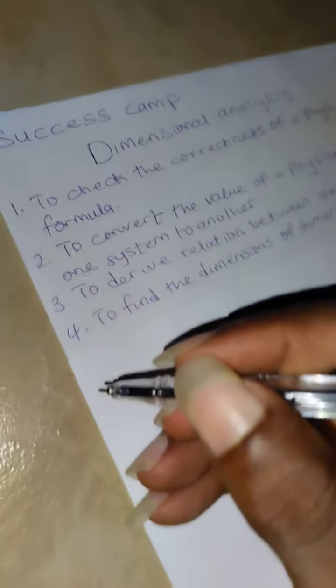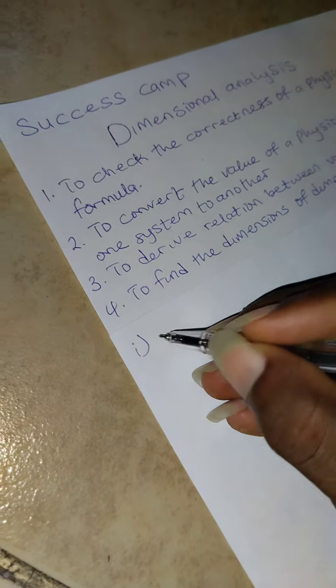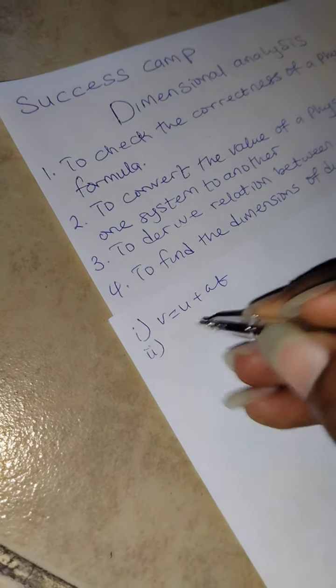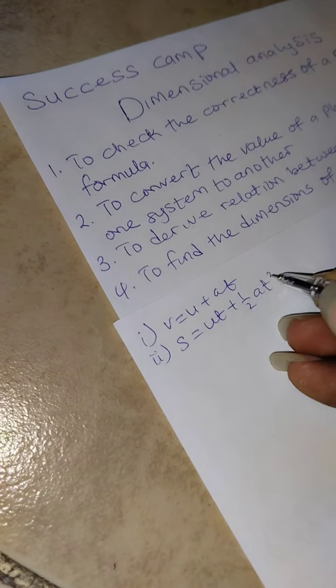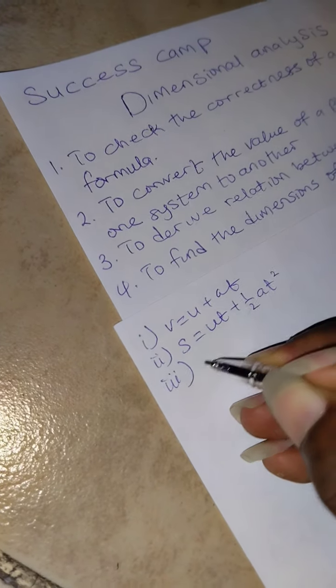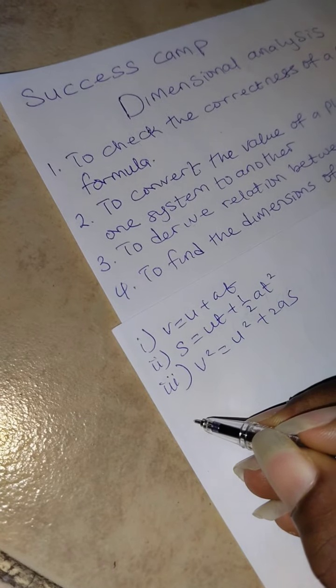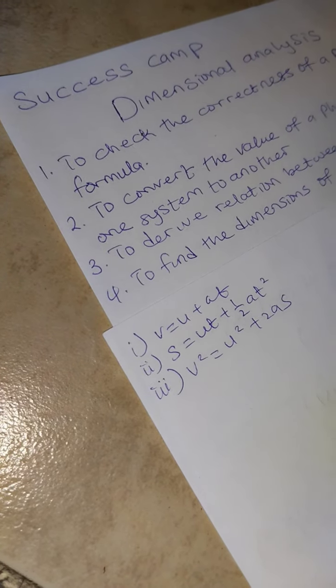We'll be checking why dimensional analysis is important, and then by doing that I'll be working with the first one, which is to check the correctness of a physical relation. So I'll be using the equations of motion, which is v equals u plus at. The next one is s equals ut plus half at squared, and the third one is v squared equals u squared plus 2as. So when we are checking the correctness of any formula, it means that whatever we